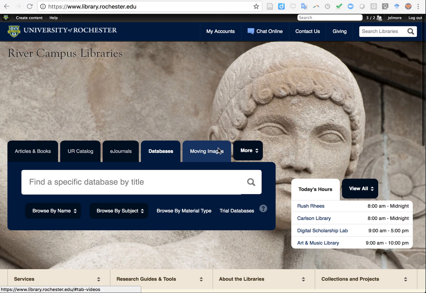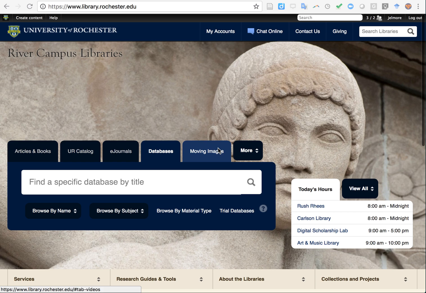Once you've decided on a research topic or a question for which you'd like to find some answers, you're ready to search for scholarly articles within some of the library databases. Librarians have compiled the best resources for various fields of study, which can be accessed from the main page of the library at